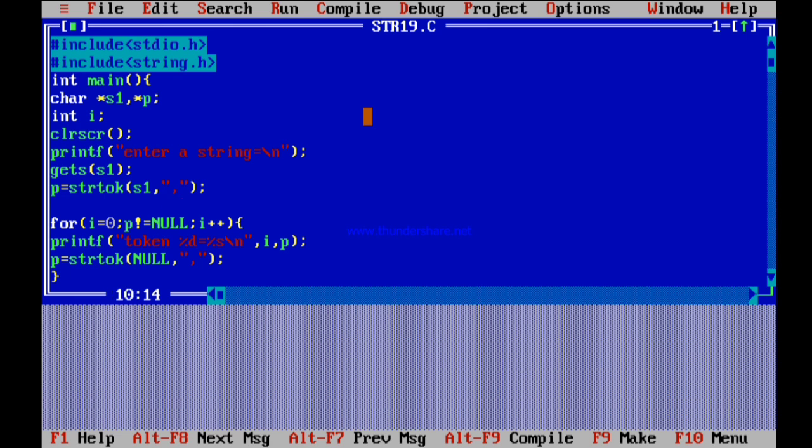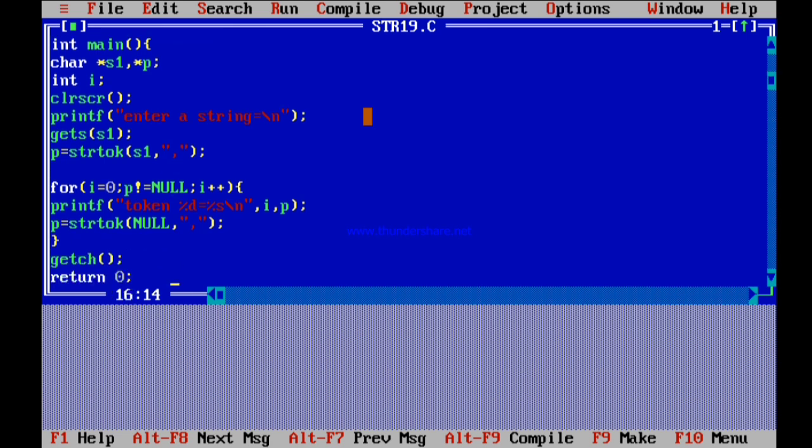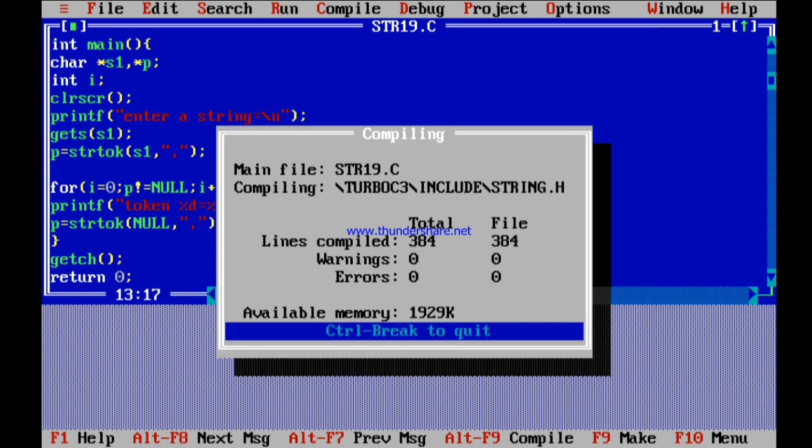For this I need to use a loop, because for getting all the tokens you have to apply the loop. So I have applied a for loop. This particular for loop prints the first token here. Again I need to apply null. Why? Because the first moment you get the token, the string will become null over there. From that onwards, if you want to divide the string into another token, you need to proceed from that. So that's why you have to use the string tokenizer on null and your delimiter, that is a comma here. Okay, I'll just execute. I'll show you how this particular program gets executed.